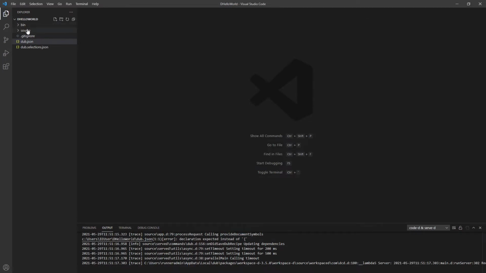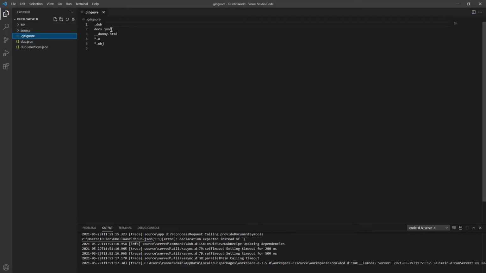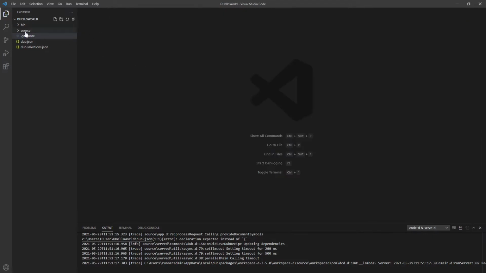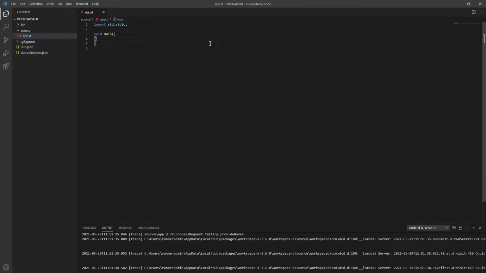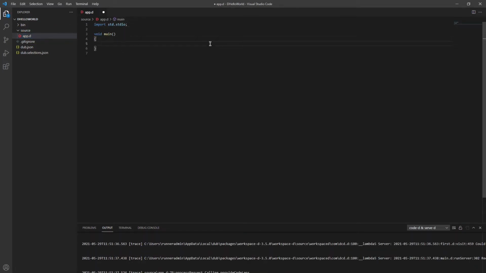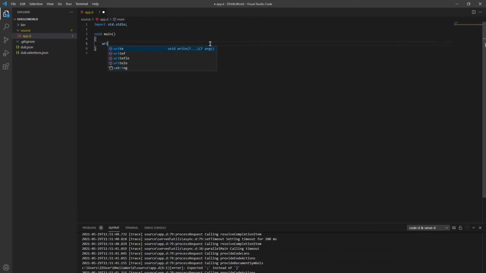It will create that directory. Git ignore is already set up with default values. We will want to add this bin directory as well, so we don't commit the build files. And if we look at the source, we just have a plain main method, and here we can add some